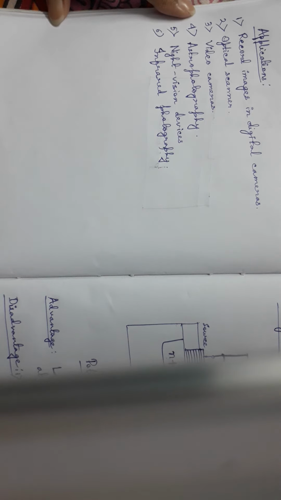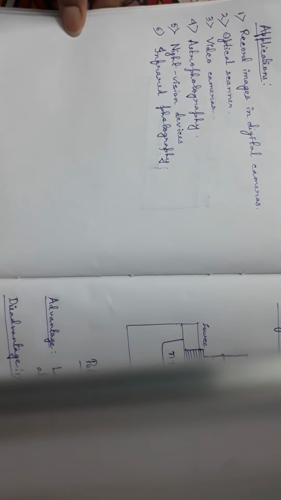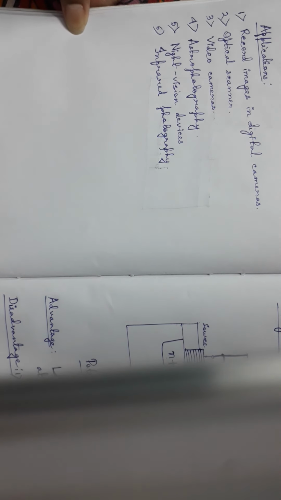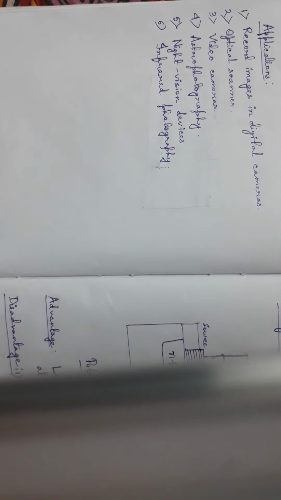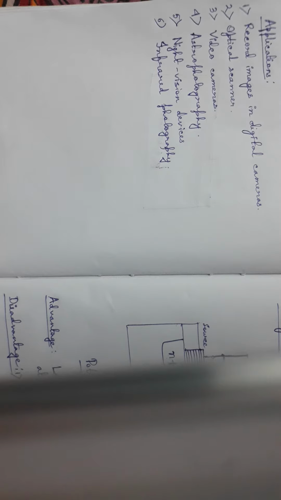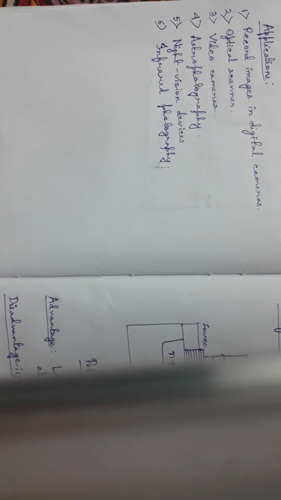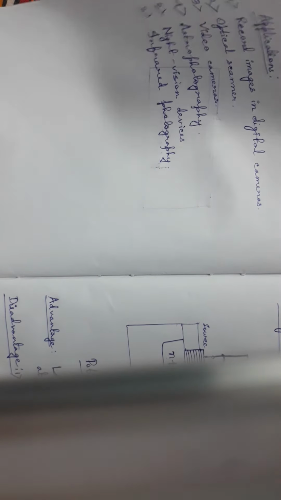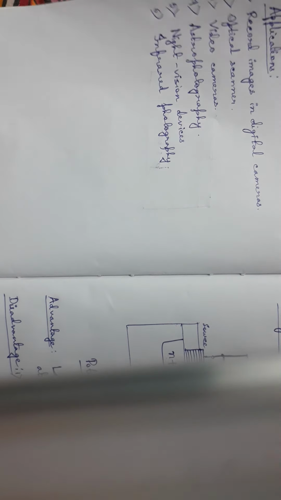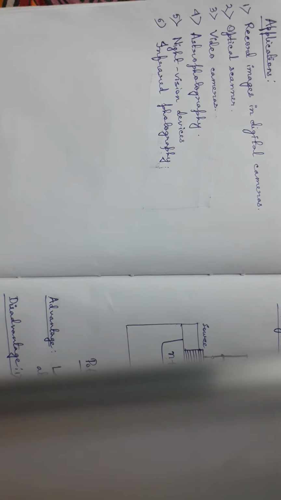So what happens when light falls on a MOSFET cell? When light falls on a MOSFET cell, the cell converts the light into a charge pulse or a packet of charge. Then the packets of charge are moved from one MOSFET cell to another by the coupling and decoupling of the potential wells within the semiconductor that makes up the CCD.